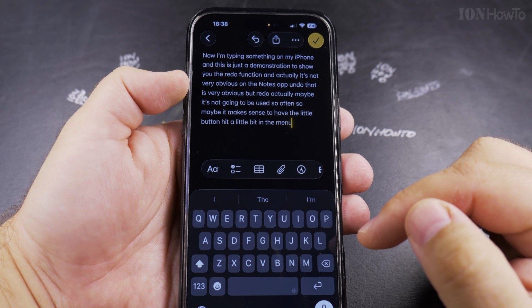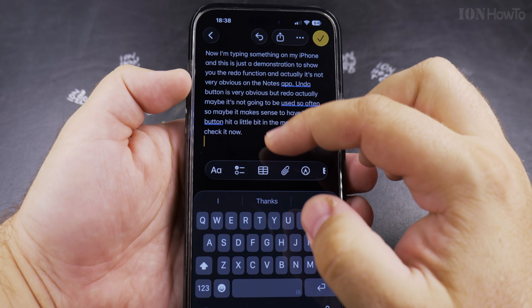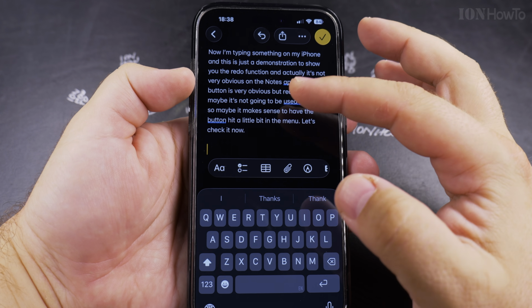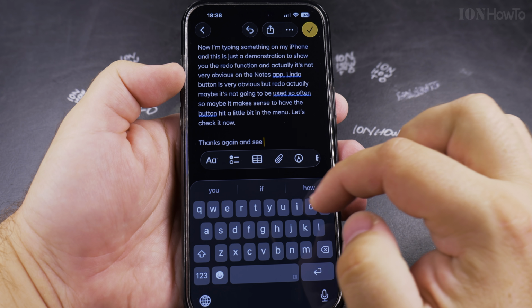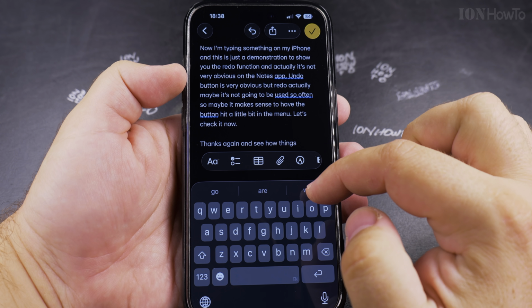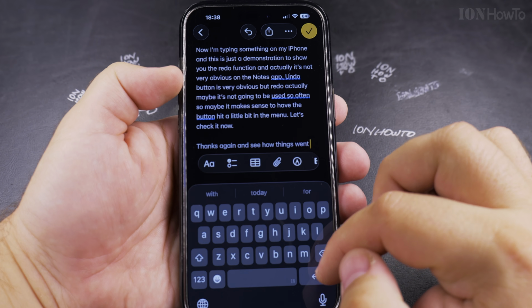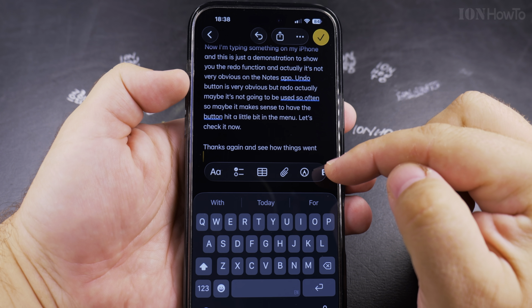Let's check it now. I like that it's using punctuation and everything, so I'm not checking this text if it's correct. So thanks again, and see how things went. Just using some random words there, almost random. And if I want to undo,